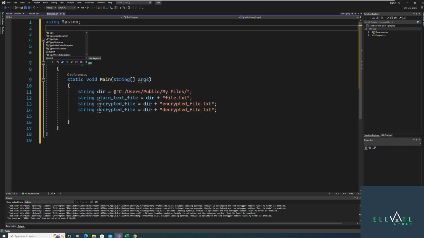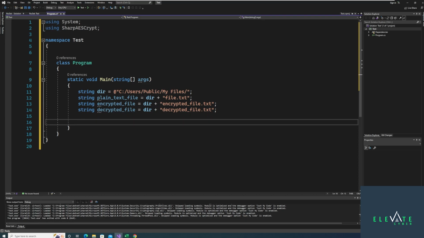So to use that, we need to import. So let's go ahead and import Sharp AES Crypt. So now that we have that, we can actually use this library. And the first thing we're going to do is encrypt the files. We can do that by calling SharpAESCrypt, the encrypt function, and then we can pass it a